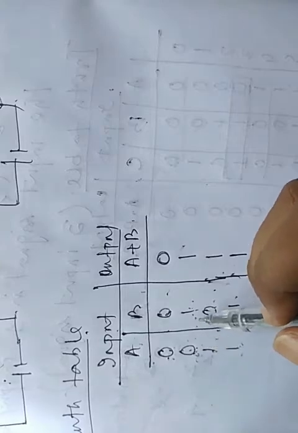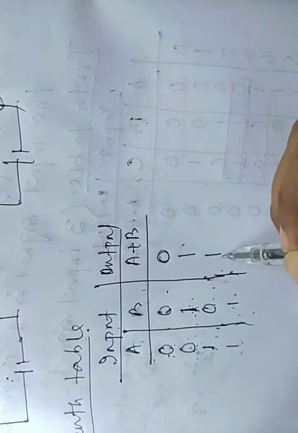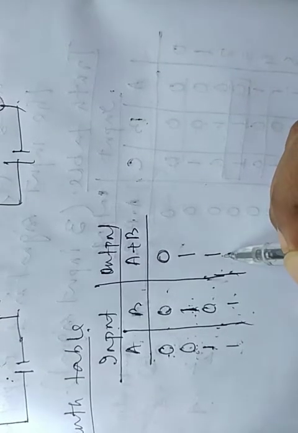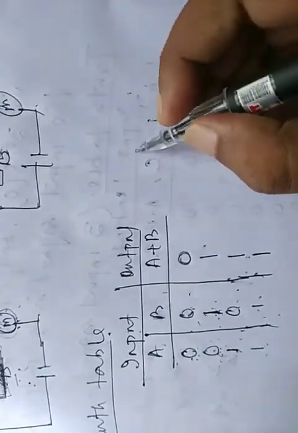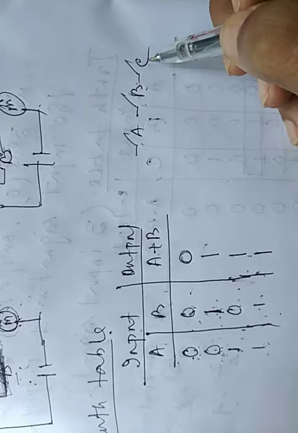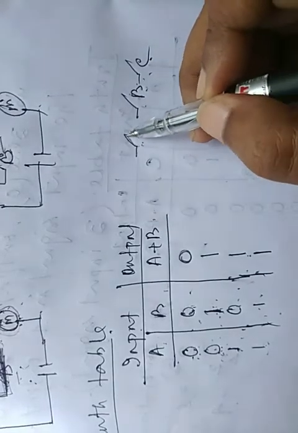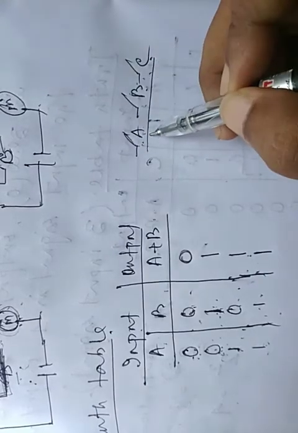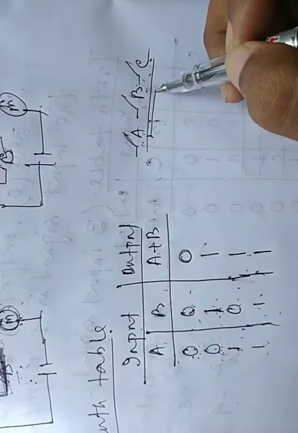So that's why we can say that for OR operation, if any one of the input values is 1, meaning closed, then output is 1. That means we get output. For OR operation, as the switches are in series connections, if any one of the switches is open, then current cannot flow, because one open switch blocks the current from flowing in another switch.